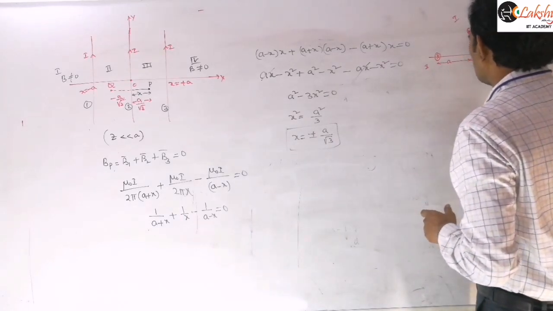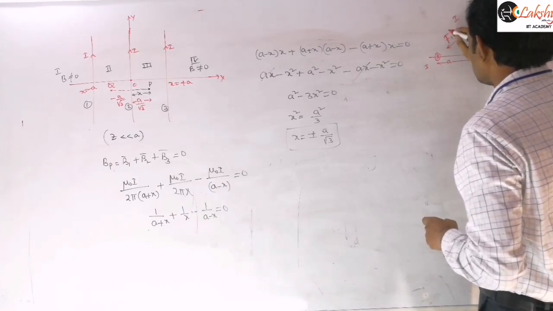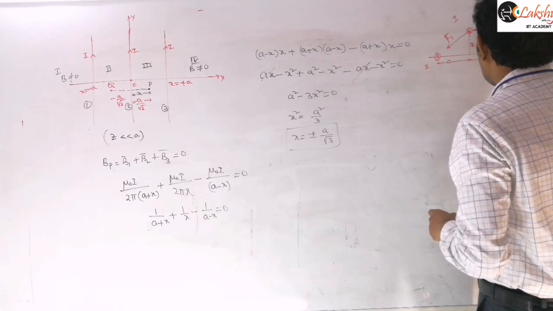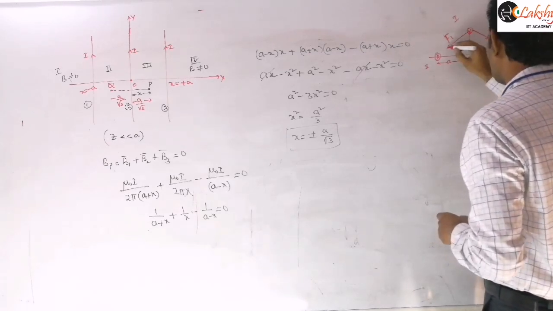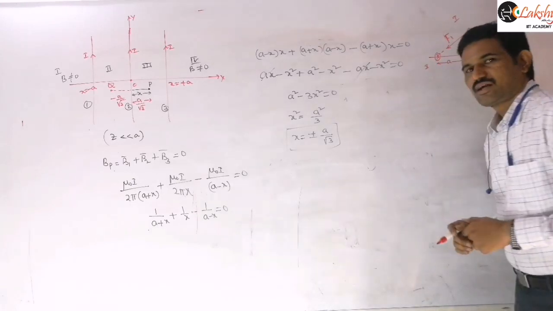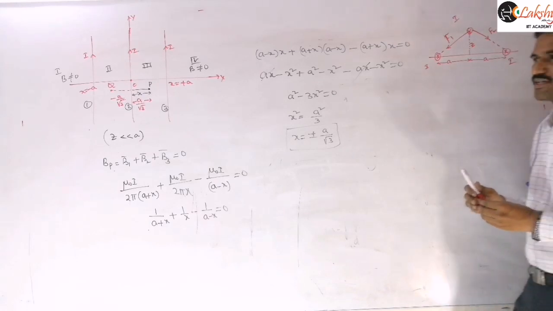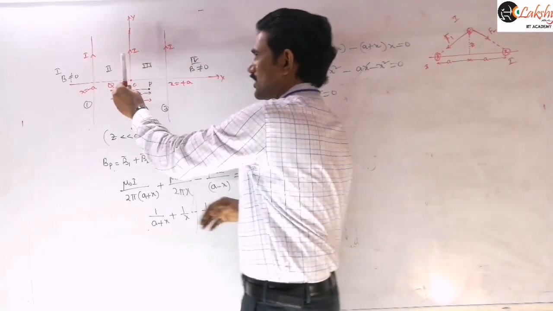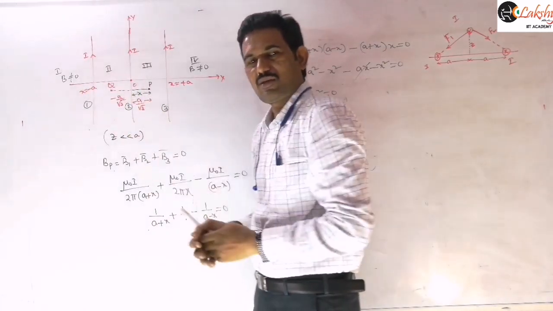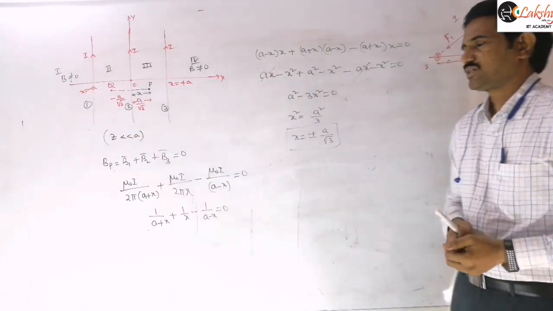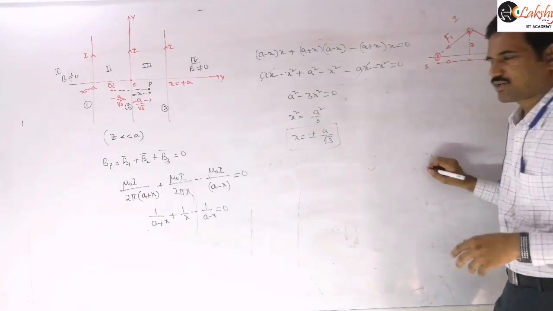Let us take this as F1 along this direction. This force is F1, and along this direction this force will be F2. So F1 and F2. Is it clear? Still the conductors are parallel even if you are displacing this wire by a small distance here. Now these two wires in this inclined plane will still be parallel to each other only. And so we can directly apply the force between two parallel conductors.